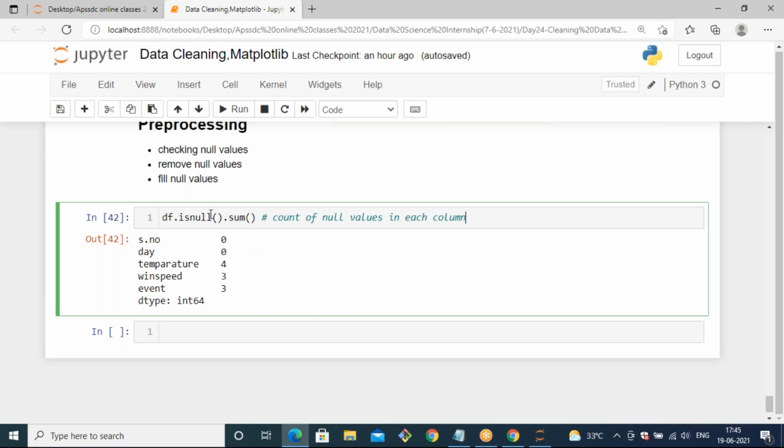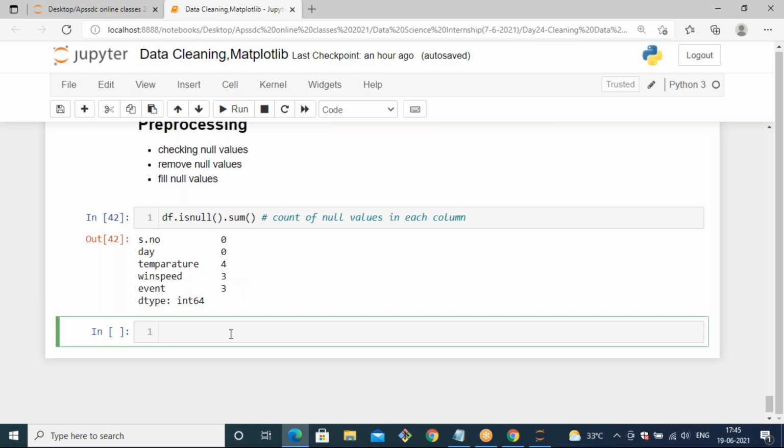So now we are able to get the null values count. In the temperature you can find 4, in the wind speed you can find 3, and in event also you can find 3. Now we should know how to handle these null values. If you want to remove them, you can remove them. For that you can use df.dropna(). NA means not available, the null values.